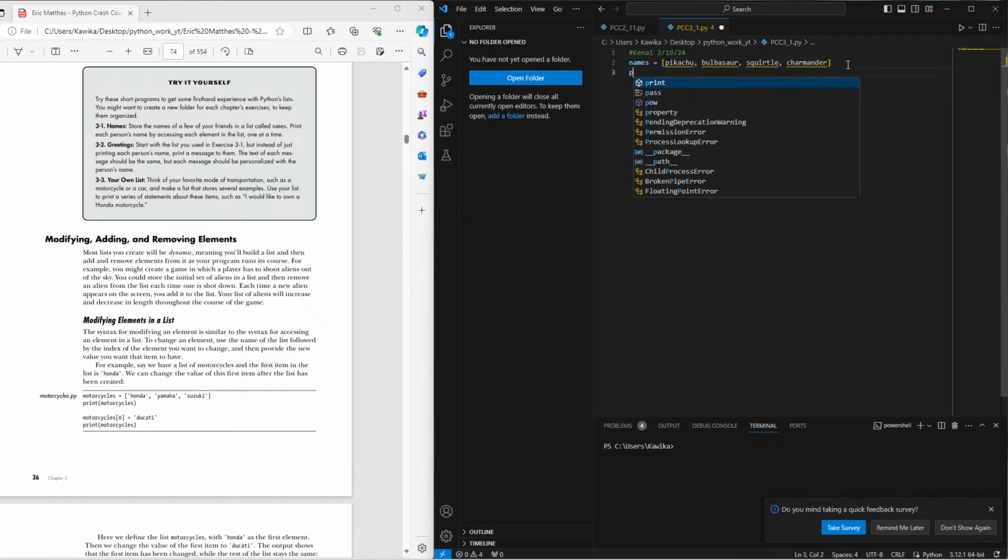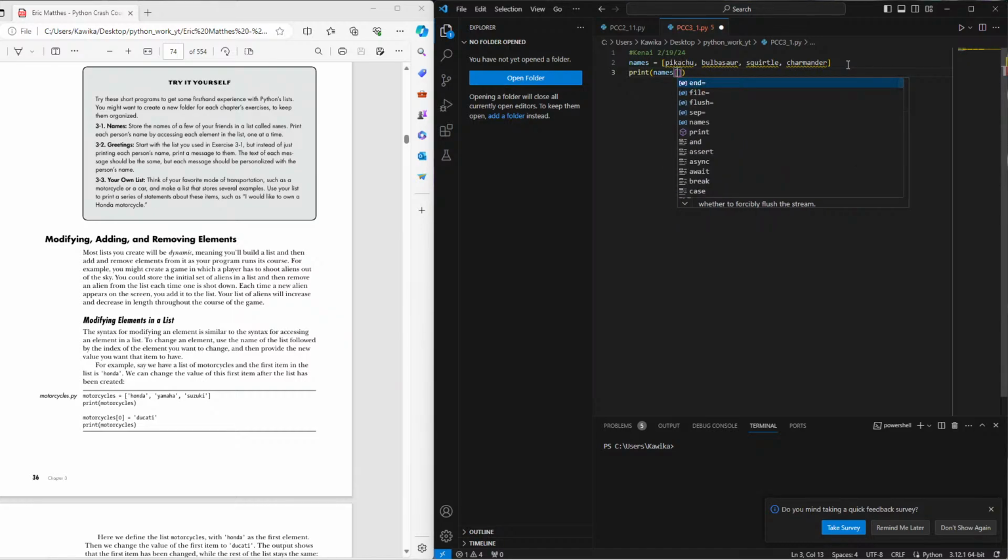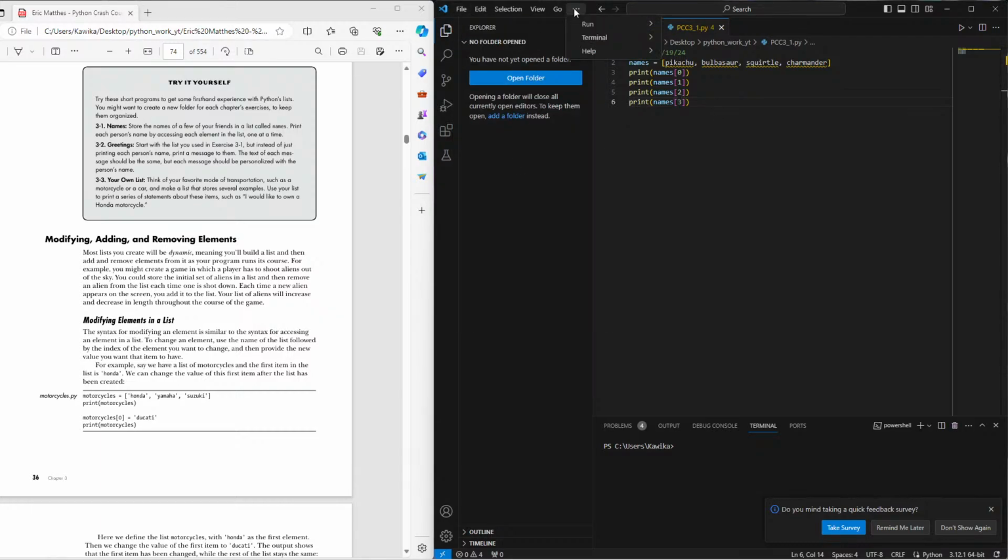And to get everything out, we're going to say print. And then we are going to tell it to print names. And then we're going to tell it 0. And now all we're going to do is copy and paste this on a new line. New line. New line. And then we're just going to change the values of this. And since we only have 4 things, we are going up to the number 3. So now when we save this and run it,